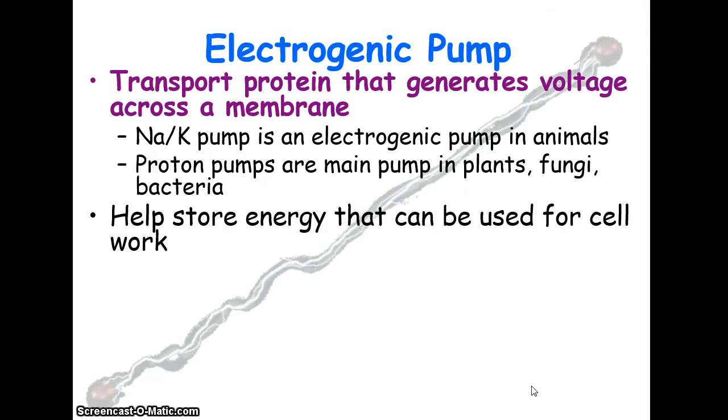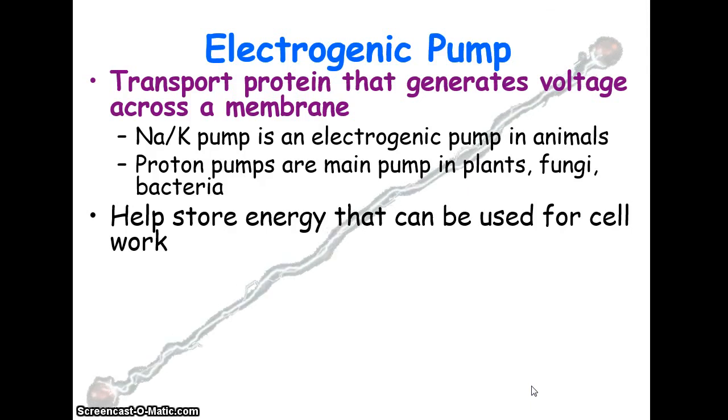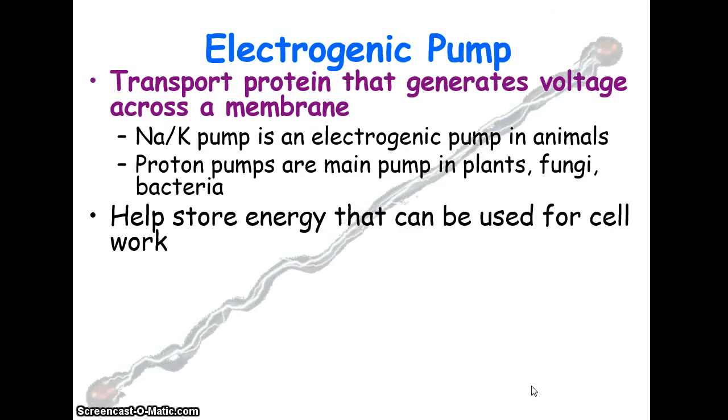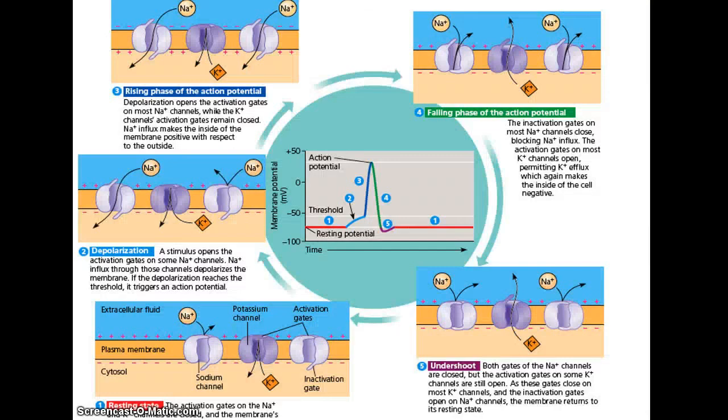So this would be yet another piece of evidence that would support the endosymbiotic theory, the fact that mitochondria use a proton pump, which is something that bacteria use. All right, and this little diagram is actually showing what's called an action potential. You're not going to be tested on this right now, but I just wanted you to see what you have in your nervous system, and this is sort of the whole idea of how your nervous system works, is